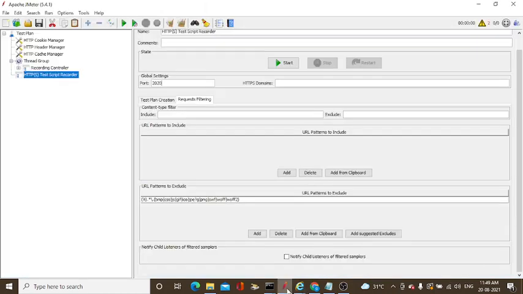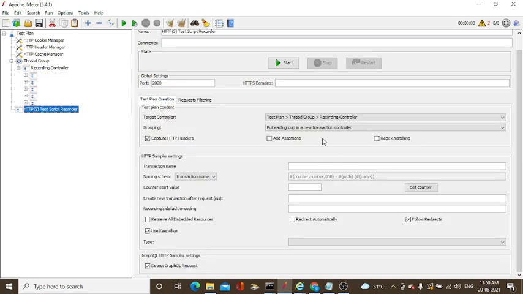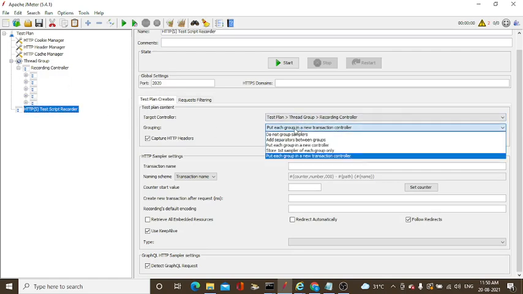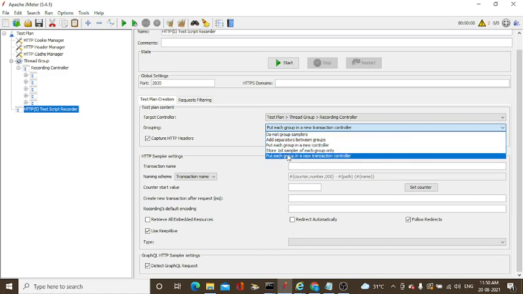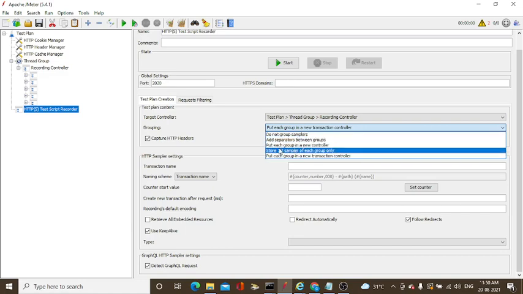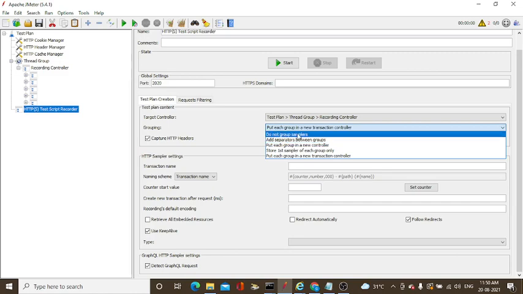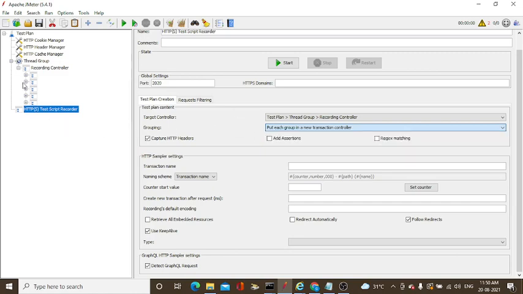After that, you need to go to WebTours now. It's already recorded. You can see the requests; you need to create them in a separated way. You can go to the test plan. You can just put each group in a new transaction, so that a separate transaction will be created. You need to select do not group samples, add separators between groups. All these things you also need to learn: which one is selected, what will happen. After that, you need to open everything.